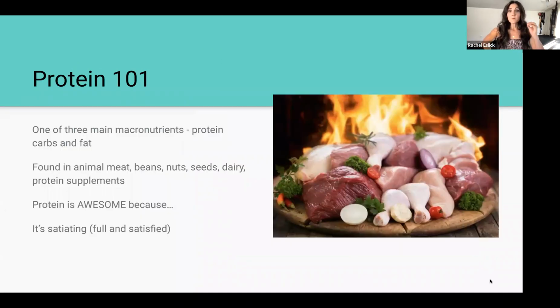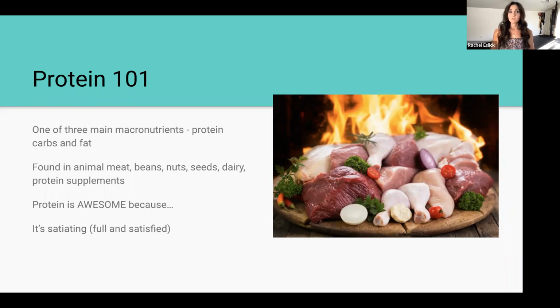Okay, we're going to talk a little bit more about protein, because this is the macronutrient I really pay attention to in my nutrition course, Macros for Muscles. This is one even more so than carbs and fat. I'm like, whatever about carbs and fat, as long as your calories are where we've determined they should be. Protein is the one macronutrient I really want you to pay attention to, because it's so essential. So a little bit more about protein than the other three macronutrients.